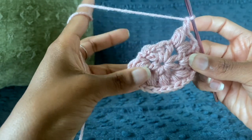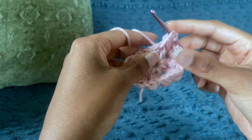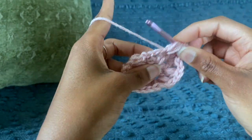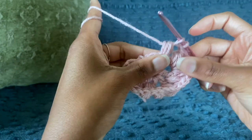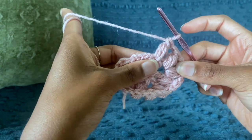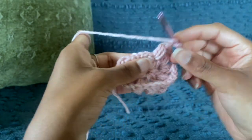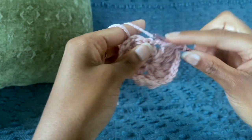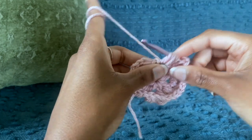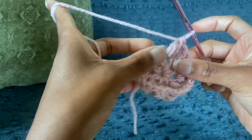Chain 1, almost there, 2 more double crochets, so we separate that with one of these little clusters. Yarn over, pull up 3, pull through all but the last, pull through what remains, chain 1, last corner, yarn over, pull up once, twice, a third time, yarn over, pull through all but the last, yarn over, pull through the remaining 2,